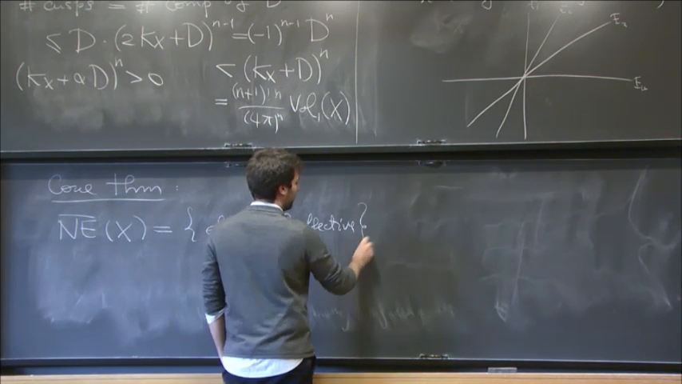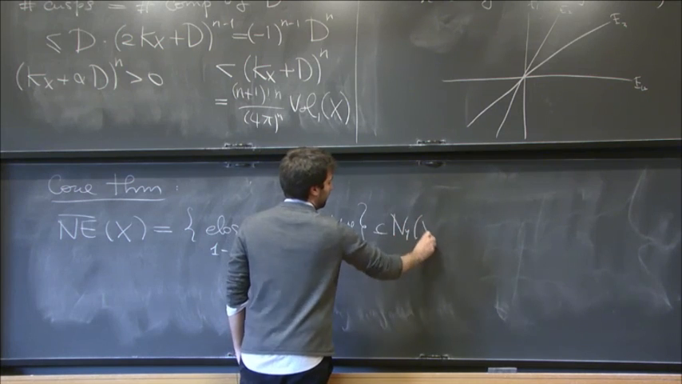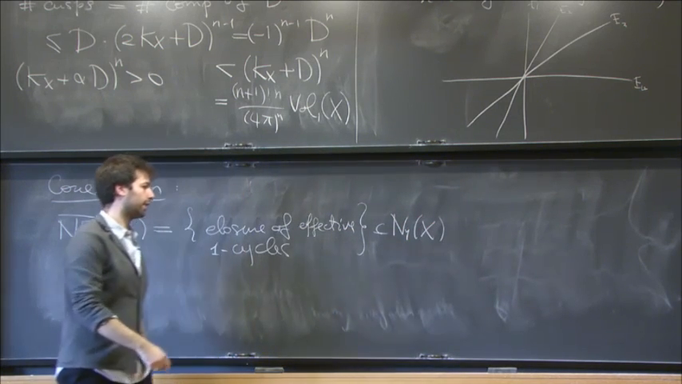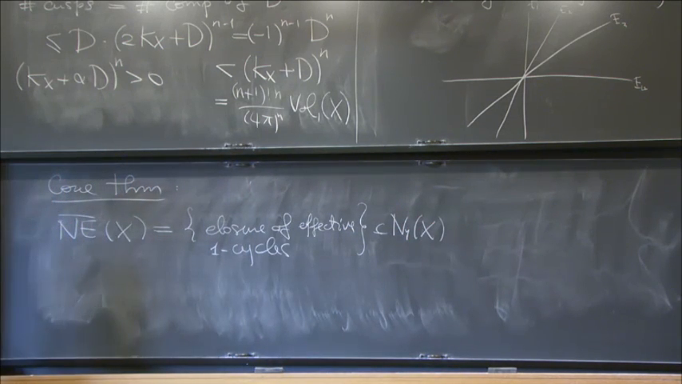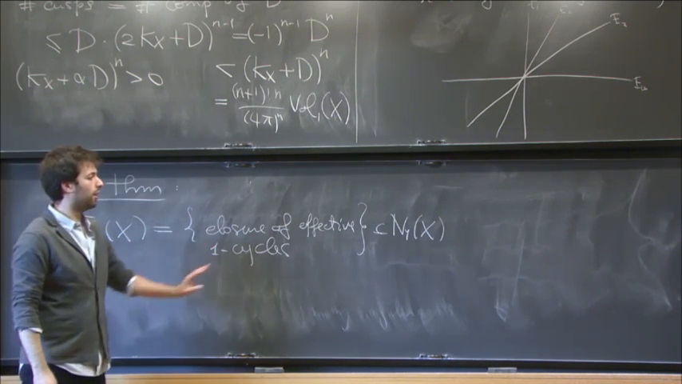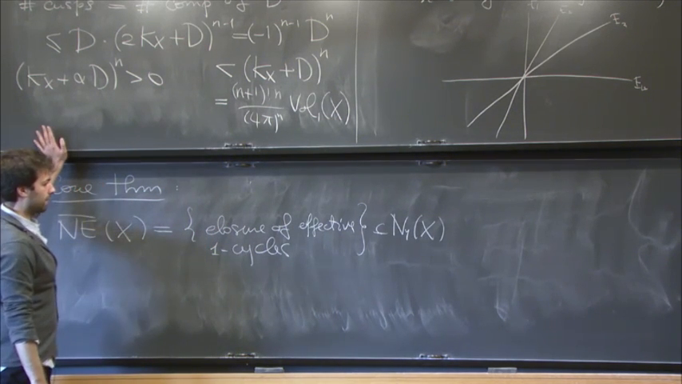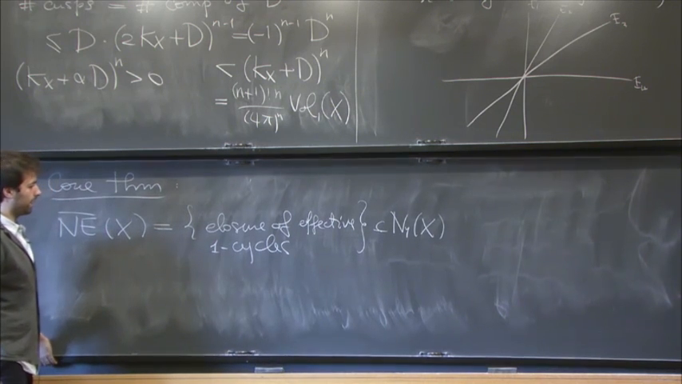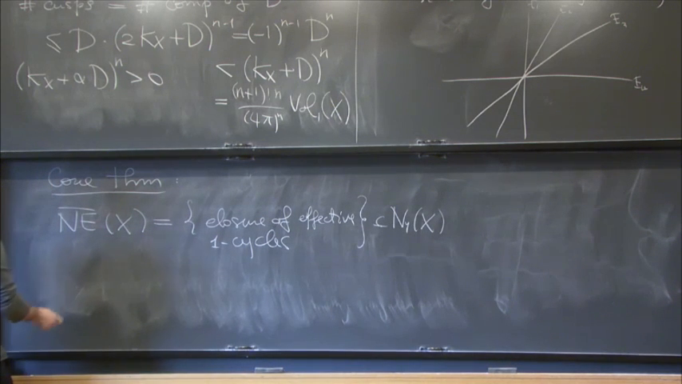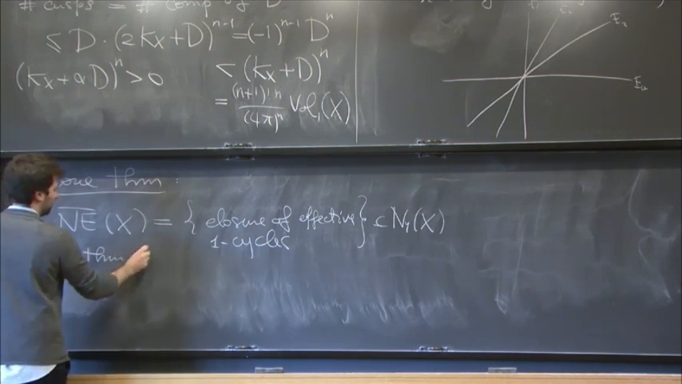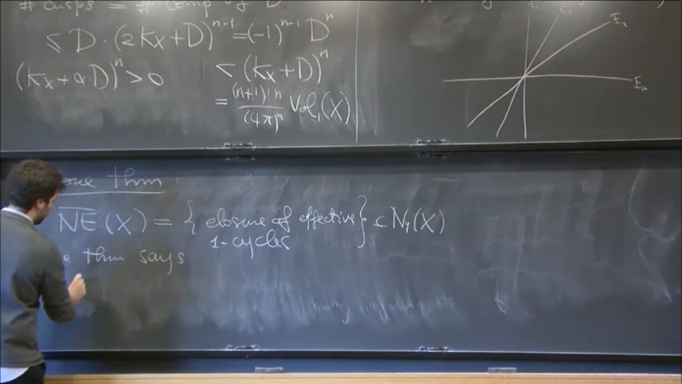And this is in N1 of X. So this is effective one cycles modulo numerical equivalence. Okay? So I'm looking at this effective one cycles modulo numerical equivalence. And so the Cone theorem says that